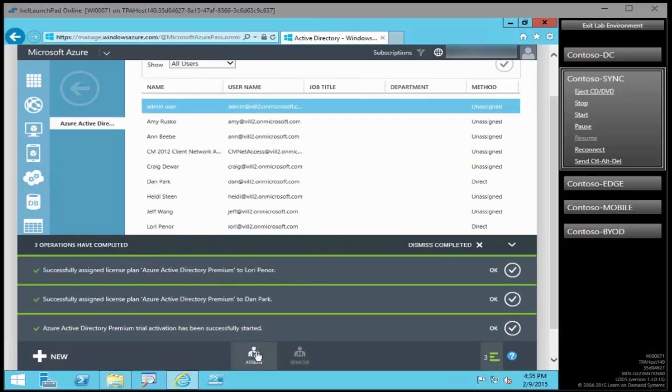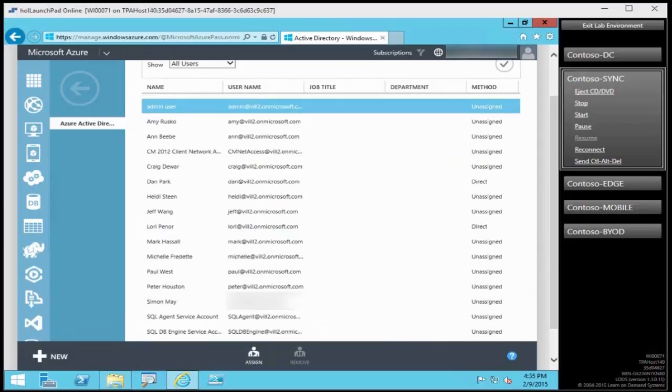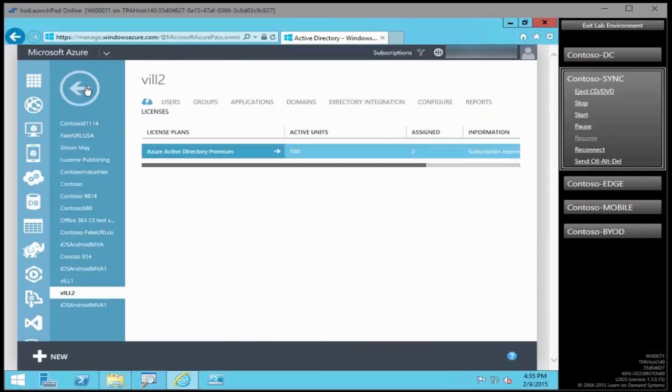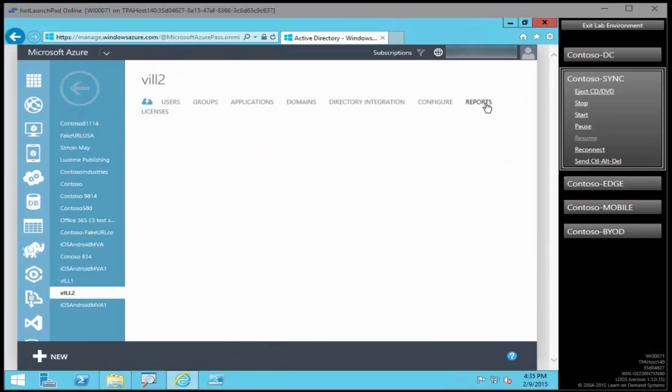And then I also want to assign an Azure Active Directory Premium license to my administrative account, the one that I'm using to view everything inside of the portal. So I'm going to assign that to my Simon May account as well. Once I've gone through that process, we'll go back to reports,